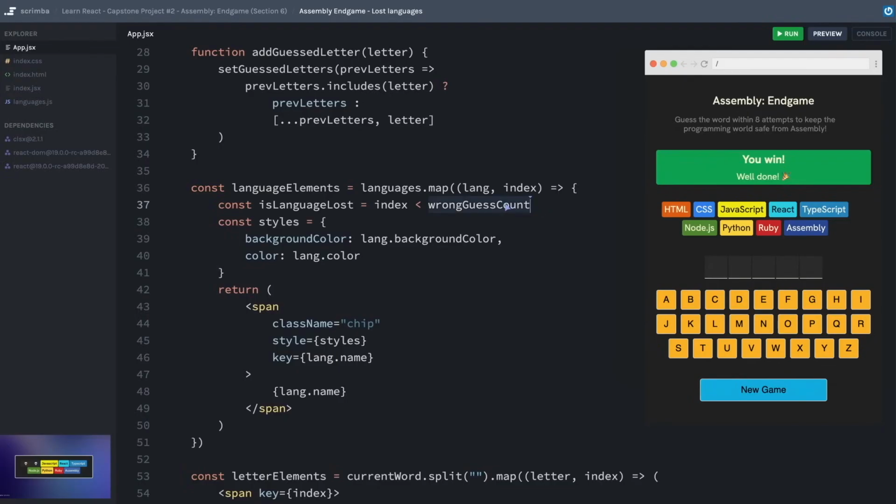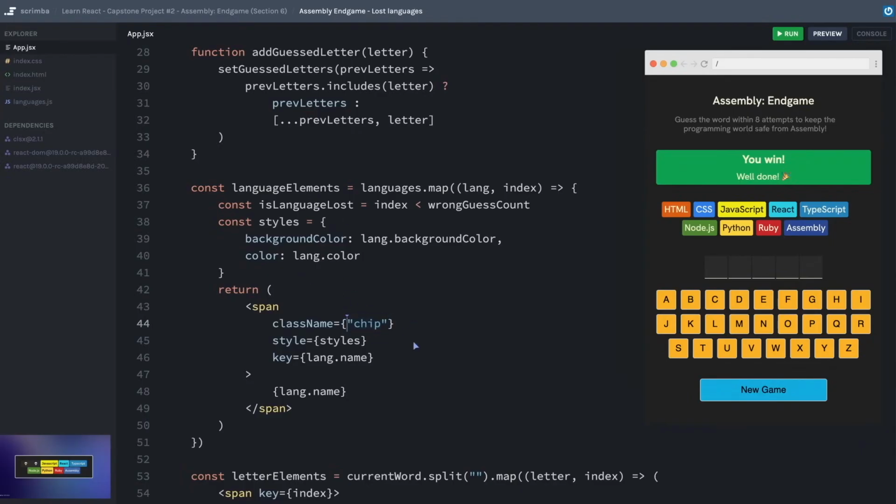If our wrong guess count is 1, then this will evaluate to true for the very first item, and we'll mark it as lost. If the wrong guess count is 2, again, this will evaluate to true for the items with the index of both 0 and 1, and so forth. With this isLanguageLost variable, I now can update my class name to include the lost class name if that's true. And I'll just show this in two different ways.